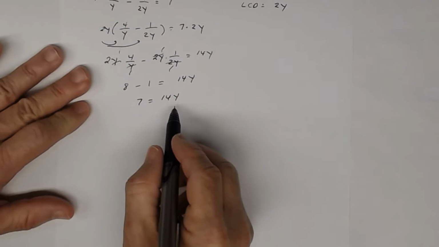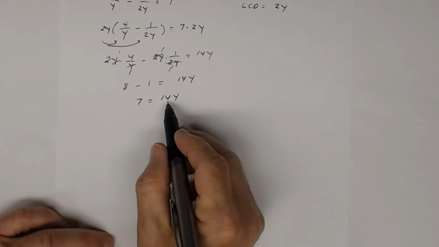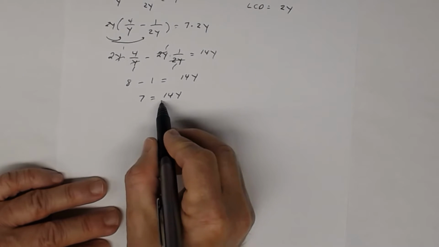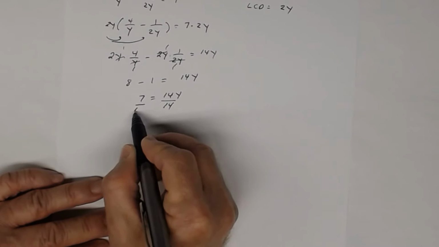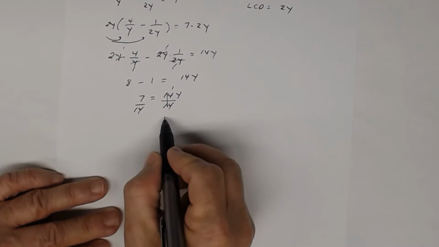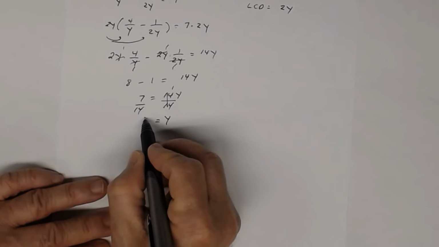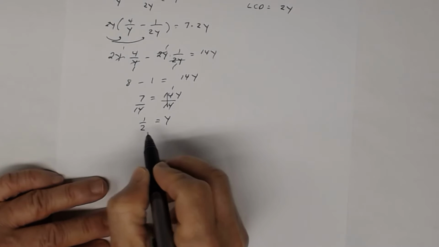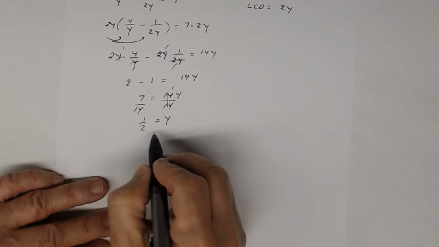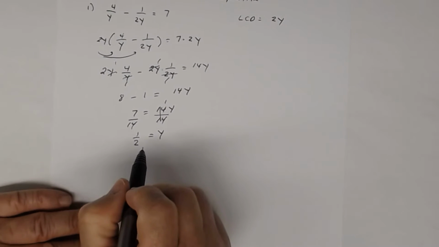And then dividing to get y by itself, notice I have a linear equation, and we all know how to solve a linear equation. So I'm going to divide both sides by 14. And when I do that, I get 14 divided by 14 is 1, 1 times y is y, equal, and then 7/14 reduced is 1/2. All right, so this is my solution, and for right now I'm going to call this a proposed solution because